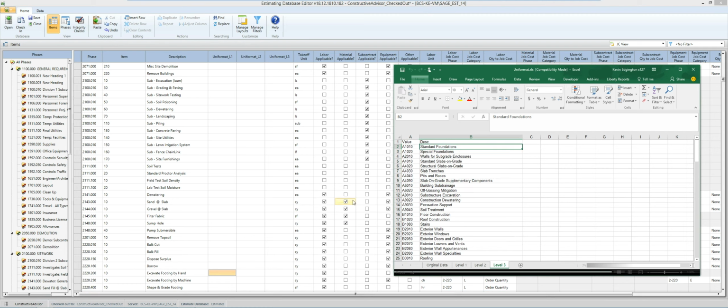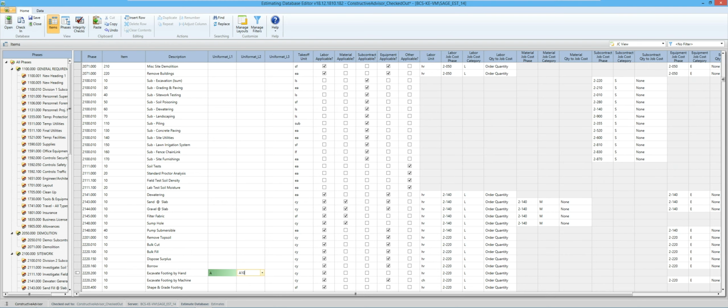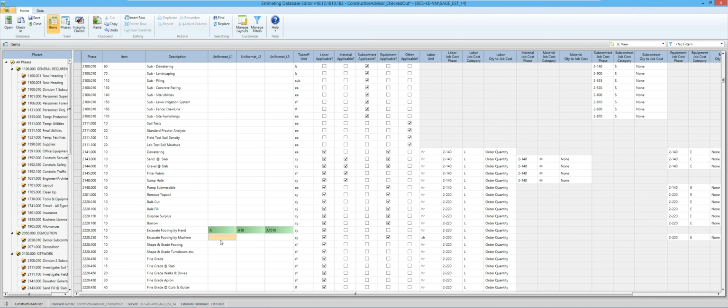So I'm going to say that's A10. The first one's going to be A10, and A1010. And because these next couple items associate with the footing, I'm going to go ahead and do all of those, so that if I'm doing a form footing or not, it'll have it.